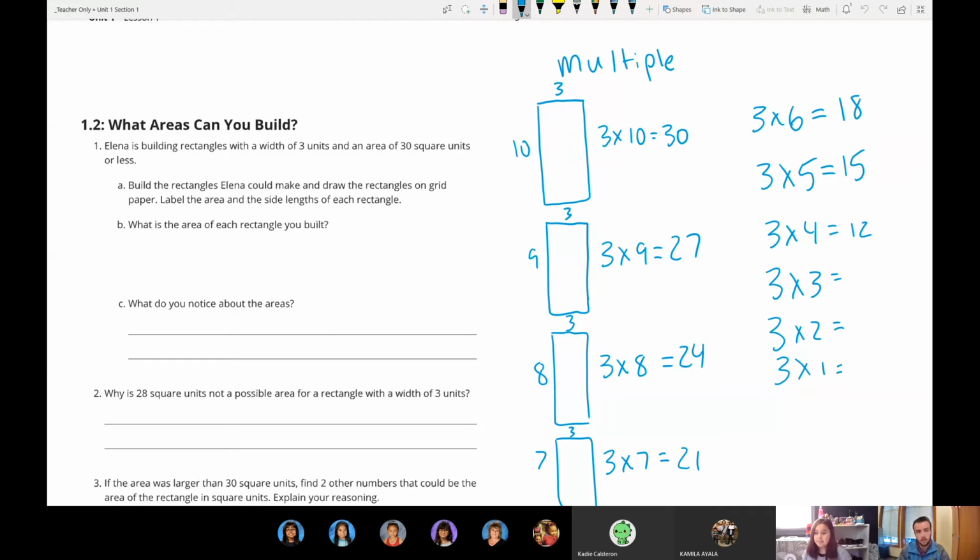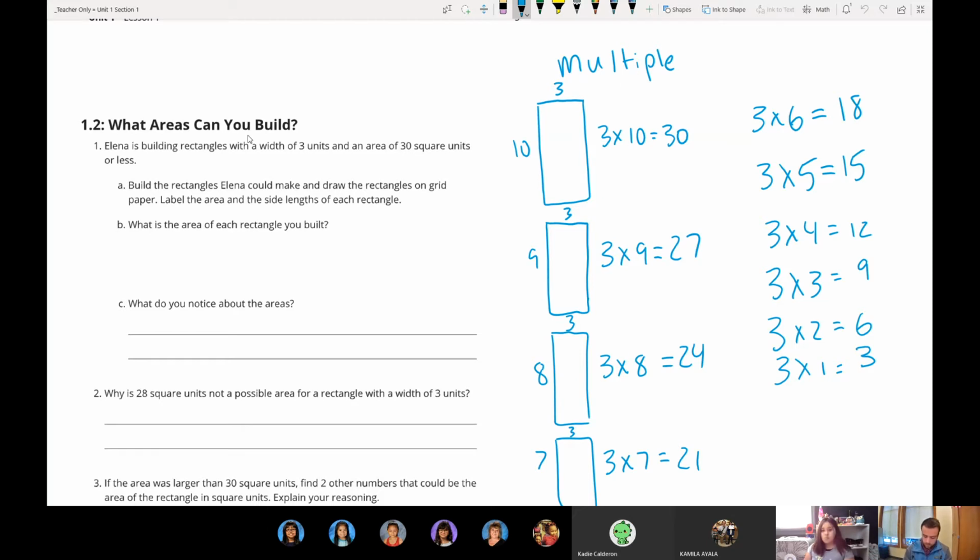6. Oh, wait, no. 3 plus 3. If you skip count by 3. 9. And then 3 times 2? 6. And 3 times 1? 3. So if I were to write these out in order, which I will for B over here,